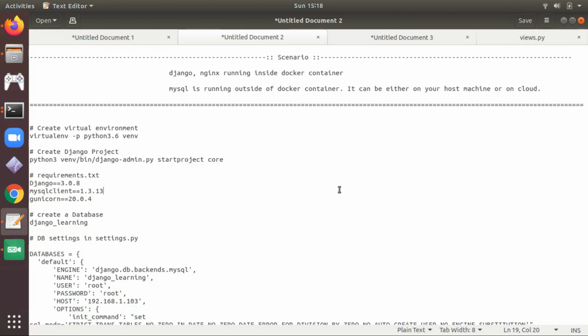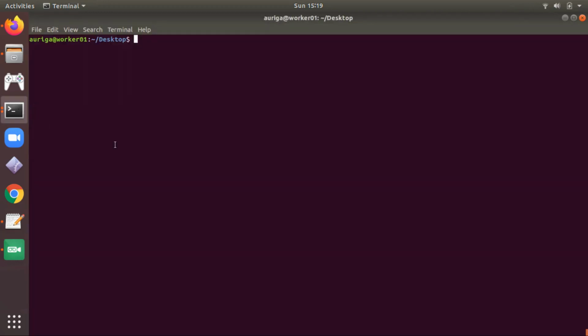So in our scenario, Django and Nginx are running inside a Docker container and MySQL is running on our host machine. So let's start. First we'll set up a Django application, then we will launch the application inside a Docker container. So let me create a directory.